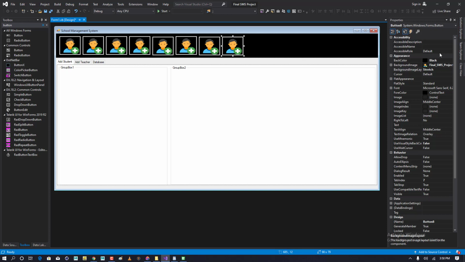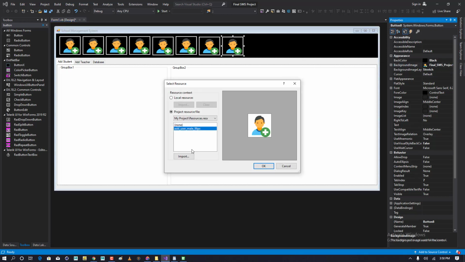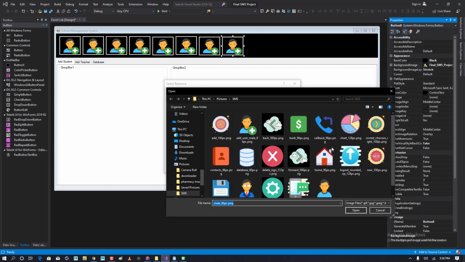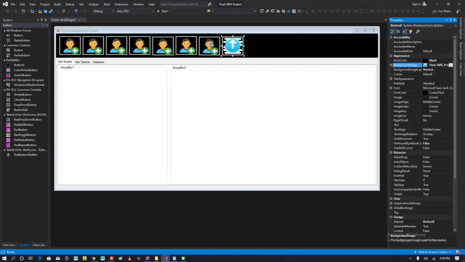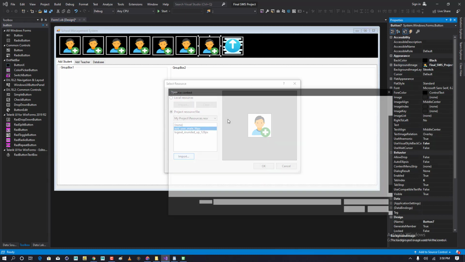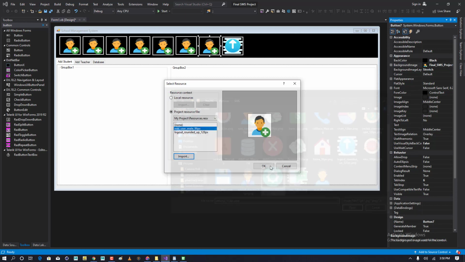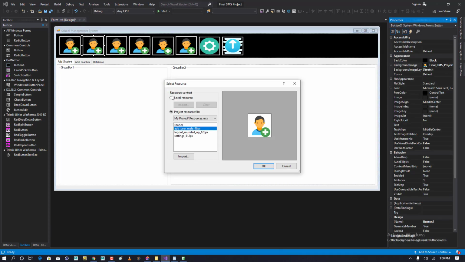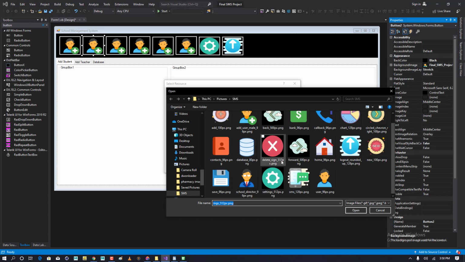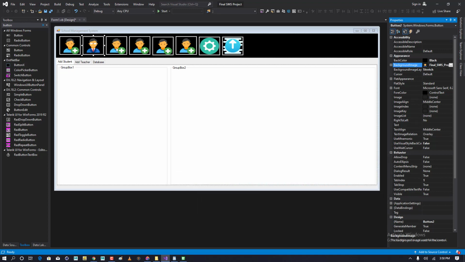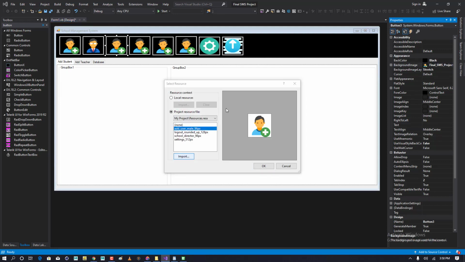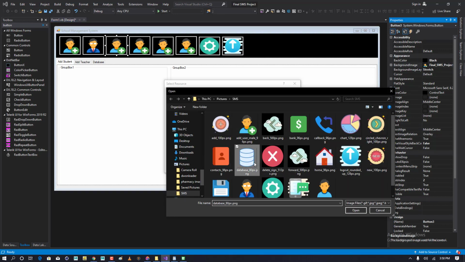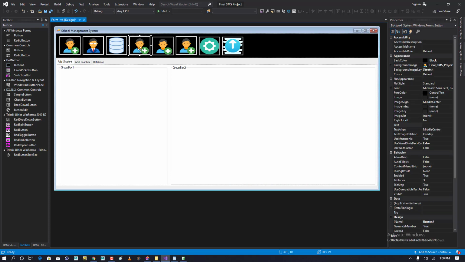Okay, so this last one is going to be my exit, which is this logout, because we're going to create a logout system for that. And then this will be the settings, right? Okay, and then this will be the add teacher. So we just said add teacher, and then we said that database, right? So we will say that database, and this is going to be